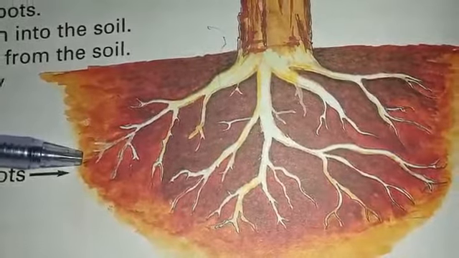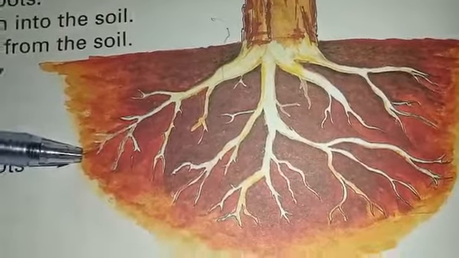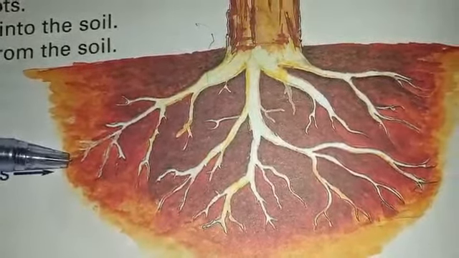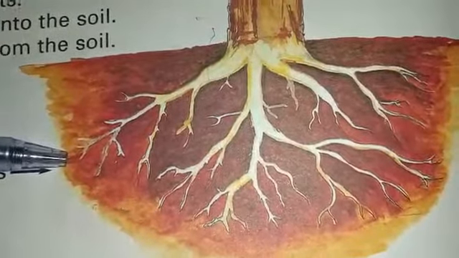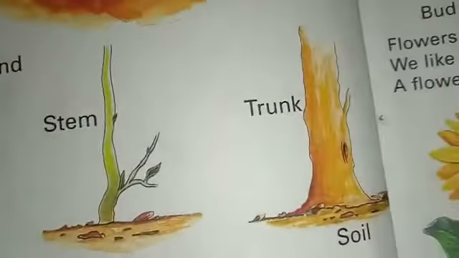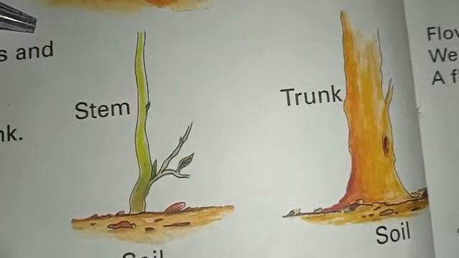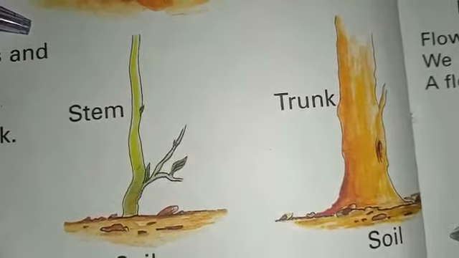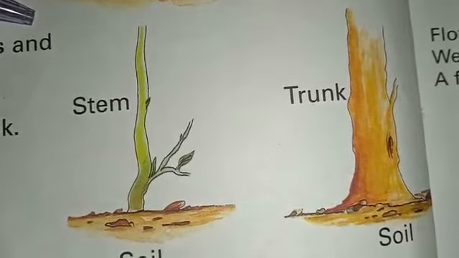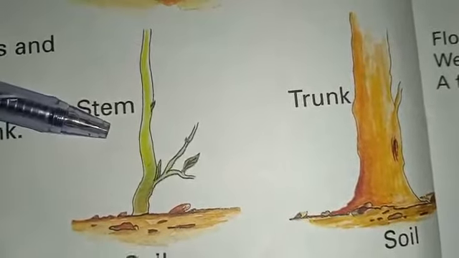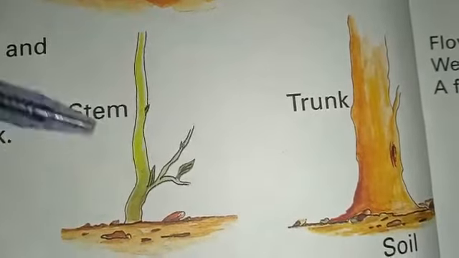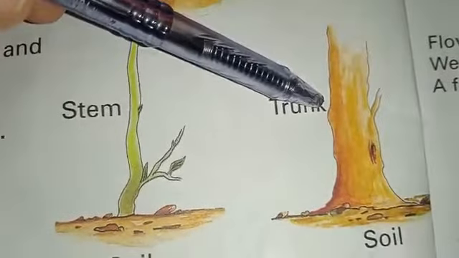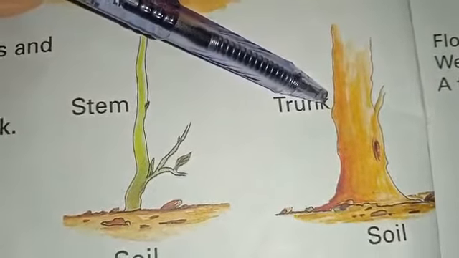Roots are grown under the ground and are used to supply water, minerals and nutrients to the whole plant, while the stem is between the roots and the leaves and is very important and used to support the plant. Some plants have soft stems while others, like trees, have a hard stem known as the trunk.